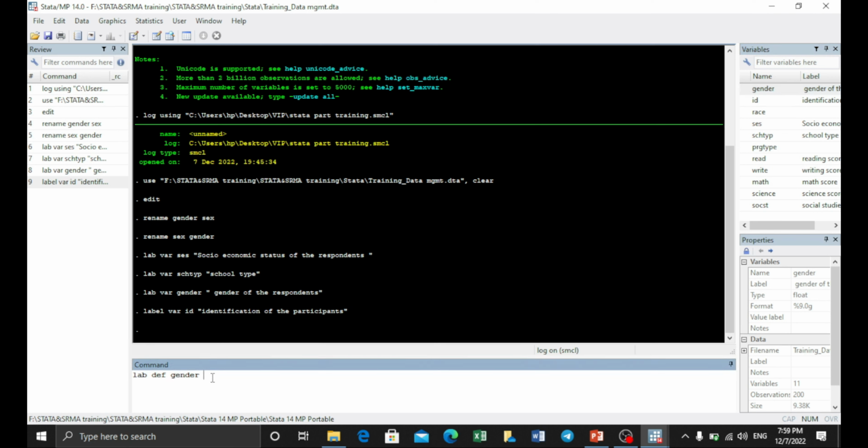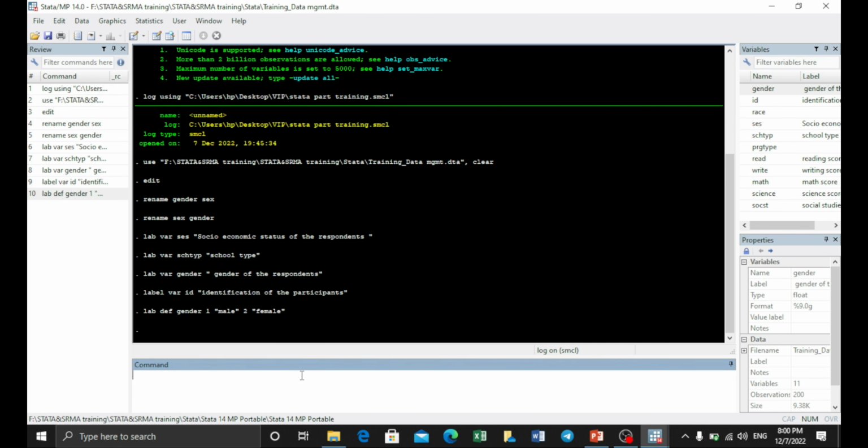Then one, quotation, male, and space two, quotation, female. Let's check it. Then after that, lab def gender 1 male 2 female. It is done. So the other one is the